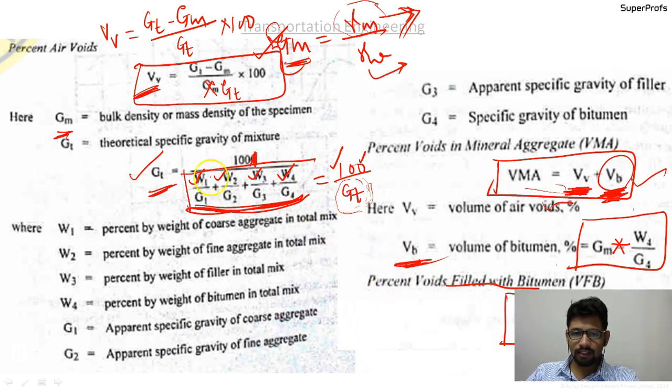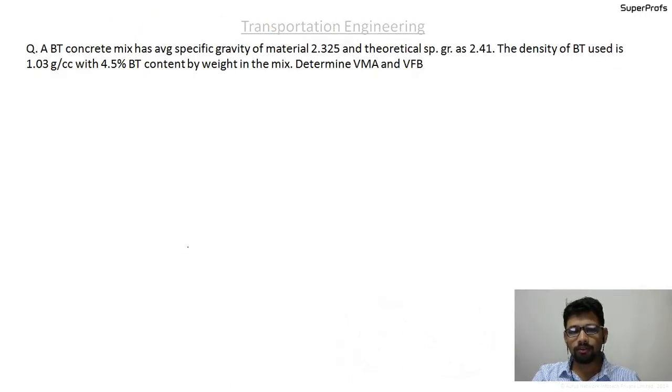Okay, guys. So here in this case, suffix 1 stands for the coarse aggregates, suffix 2 stands for the fine aggregates, suffix 3 stands for the filler material, and suffix 4 stands for the bitumen. So this is the sequence: coarse aggregates, fine aggregates, filler, and the bitumen, the binder. In case of normal cement concrete also, the sequence is of similar kind. So let's move ahead now. We will take up some examples so you will get a clear idea about it. Before that, just to brief you again, I'll repeat this procedure.